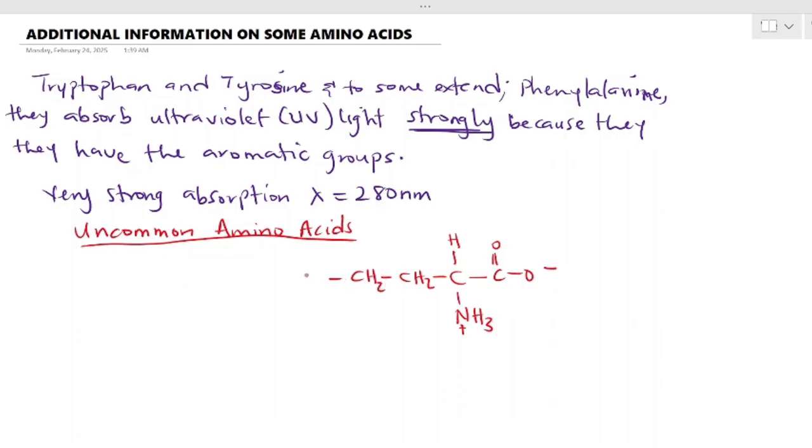Remember, in lysine we have four methylene groups attached, so CH2, CH2, four of them, and this is attached to an NH3 plus. So you remember that the amino acid lysine has a positively charged amino group. So this is lysine, but at the fifth position from the carbon, you have